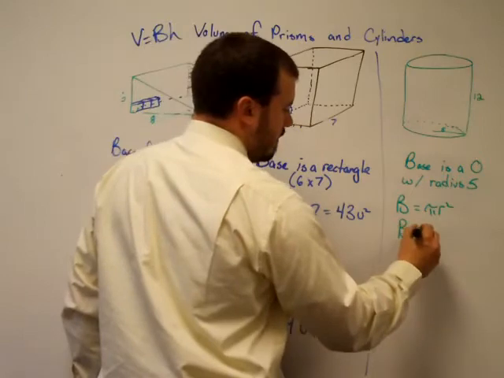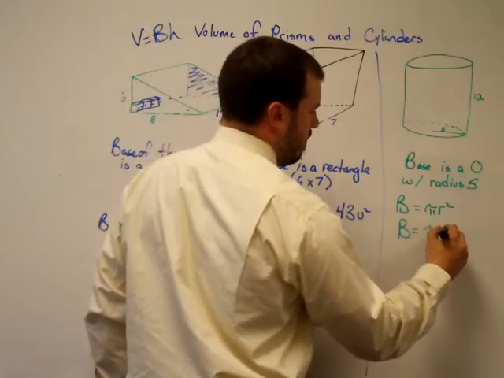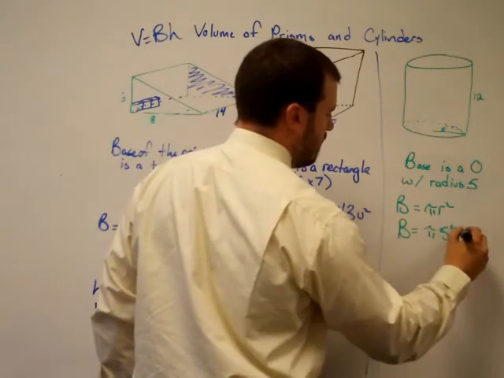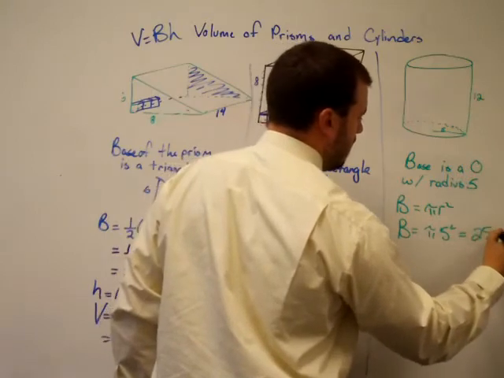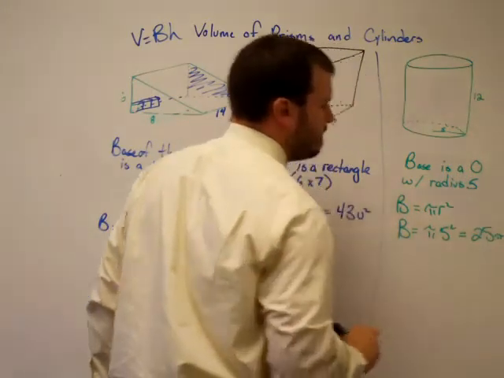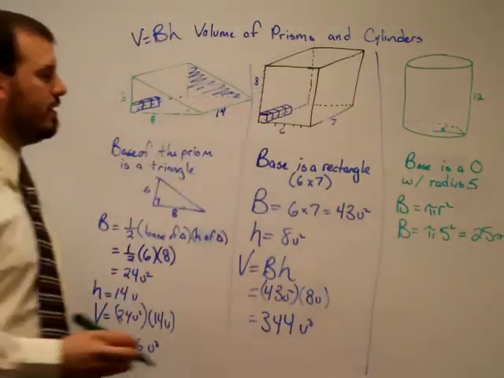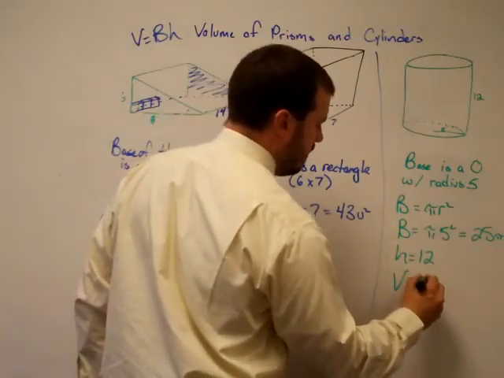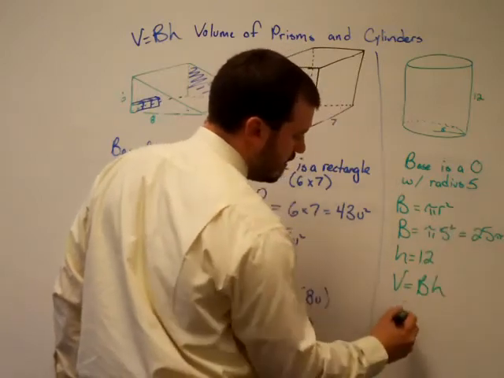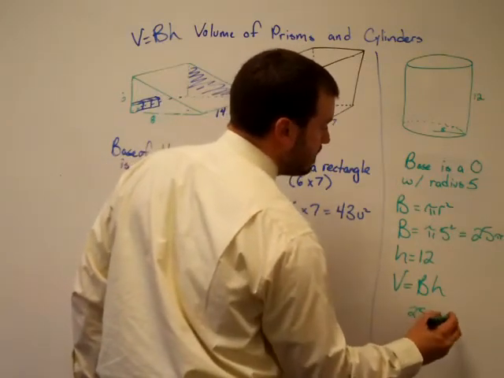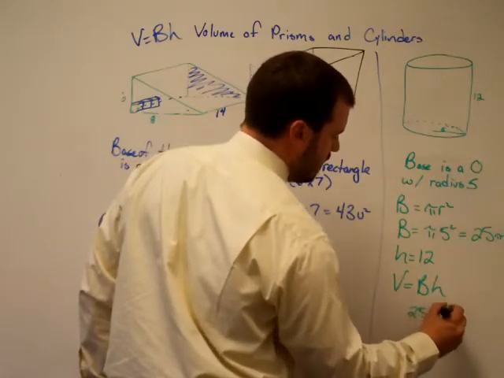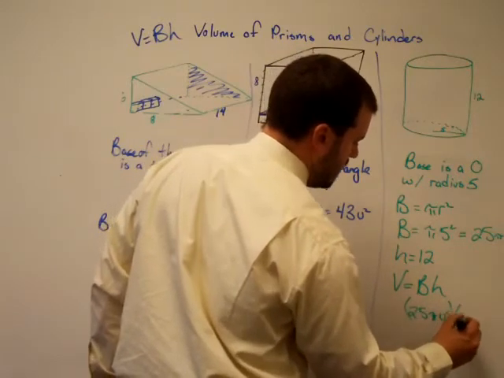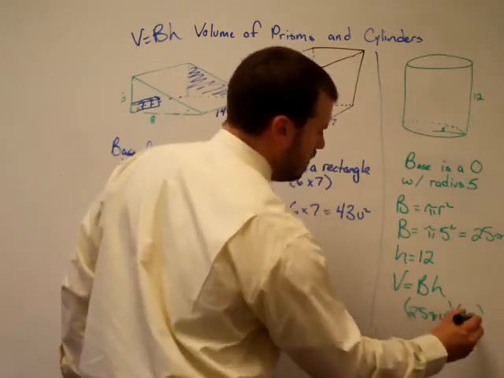The area of my base is equal to pi 5 squared, 25 pi units squared. And then the height is 12, so volume is the area of the base times the height, 25 pi units squared times 12 units,